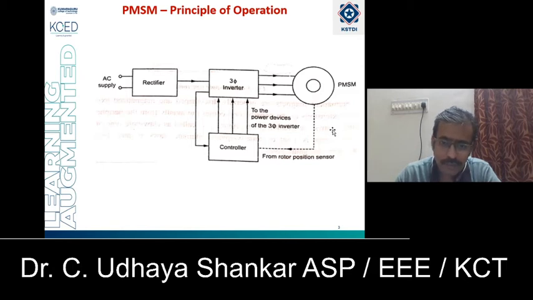The armature supply frequency is changed in proportion to the rotor speed changes so that the stator field always moves at the same speed as the rotor. As you all know, in PMSM, armature is in stator and permanent magnet is in rotor. The rotor position sensor is required for accurate tracking of speed in order to prevent the motor from pulling out of step and to avoid instability due to the change in torque or frequency.